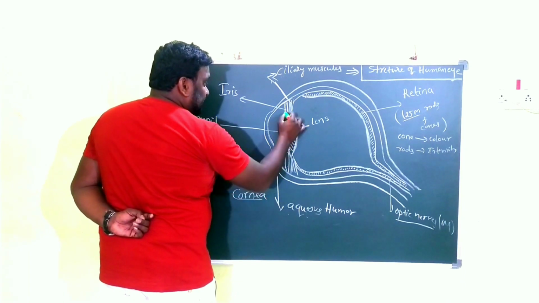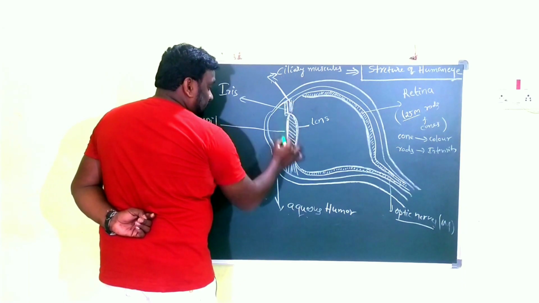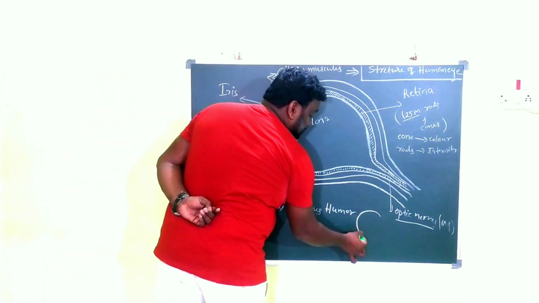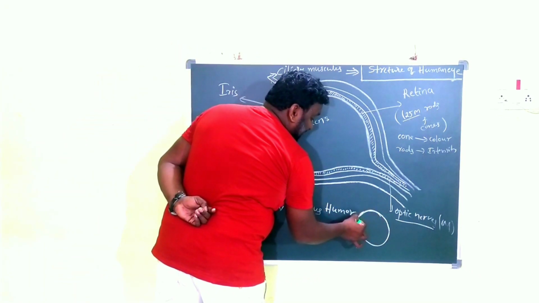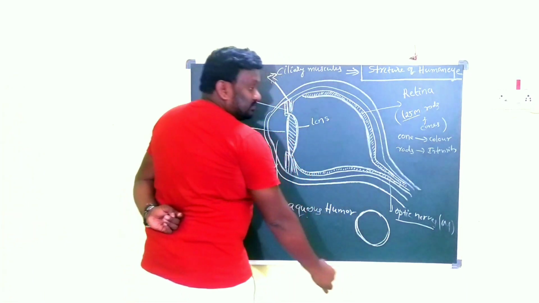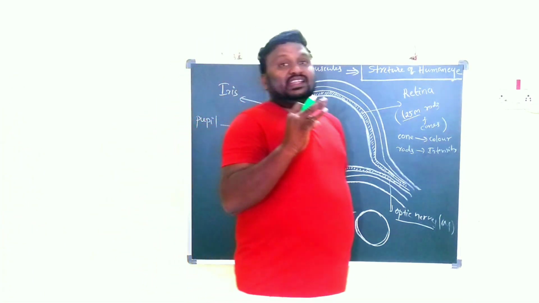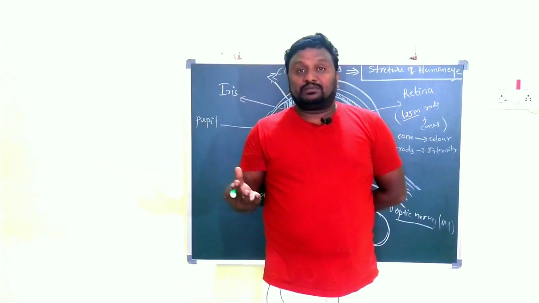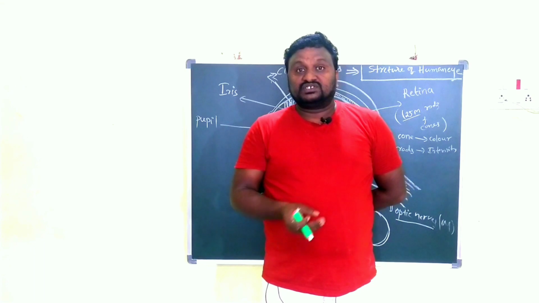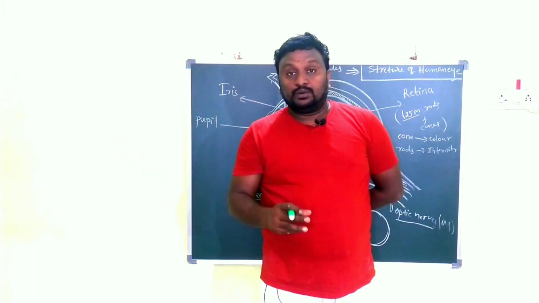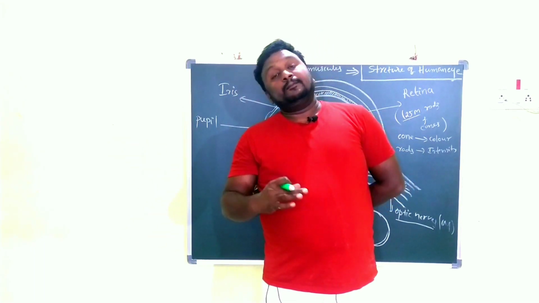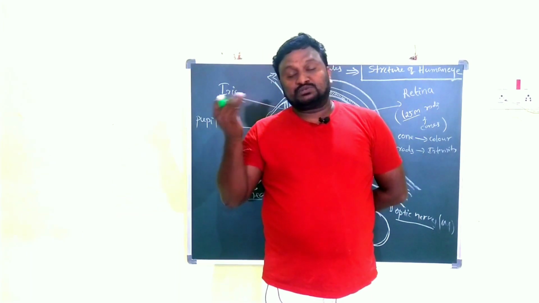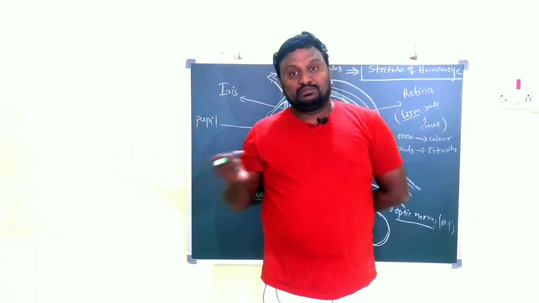And after that this is the iris. Generally in our eye we will find something like this. In the middle portion, the iris should be like this, some black color. Clear? The iris color is different from person to person. What do you say in Telugu? Pilli kallodu, like that. For some people the iris is black, for some people it is green, and for foreigners it is blue.